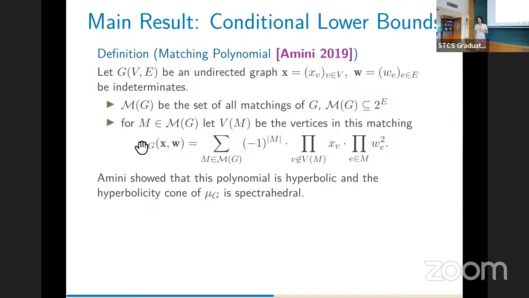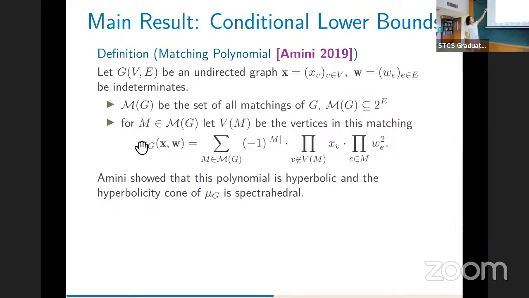So I'll use a polynomial that's very dear to Pilush, which is the magic polynomial. You can ask him all about it, he knows much more than me. So what is this polynomial? I'll just give the homogeneous version, to make it hyperbolic as Amini did, but this polynomial is very studied, since Lieb first studied it, back in the day.